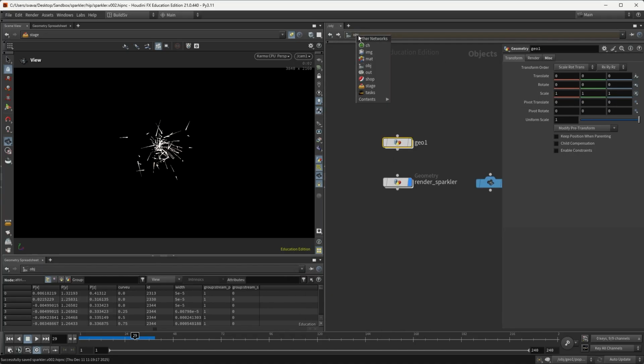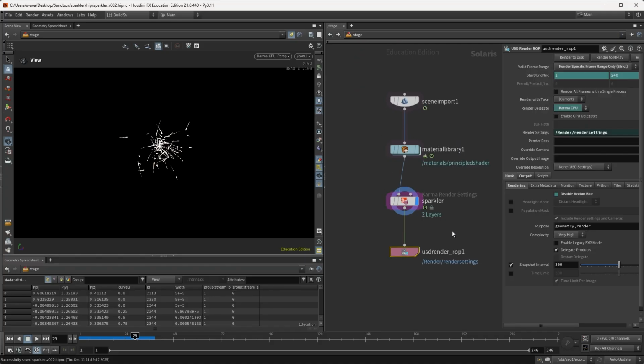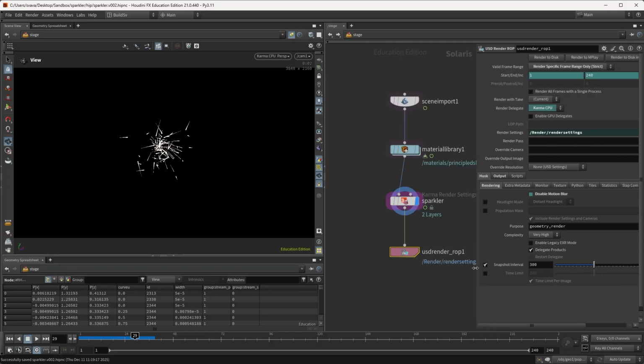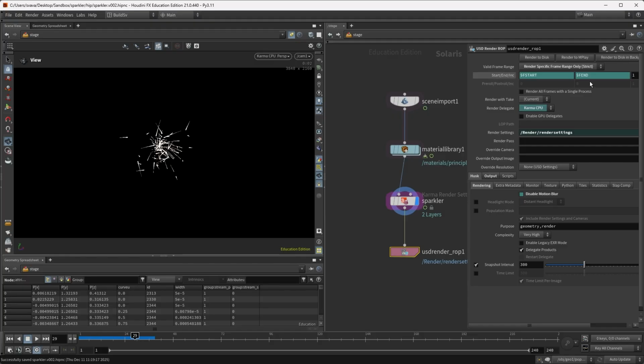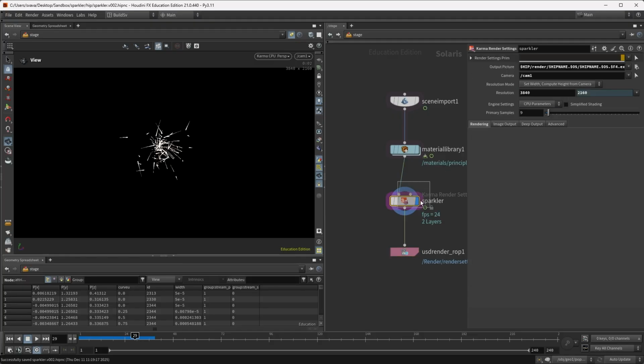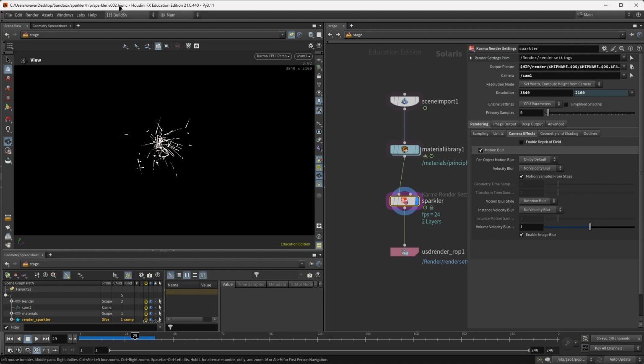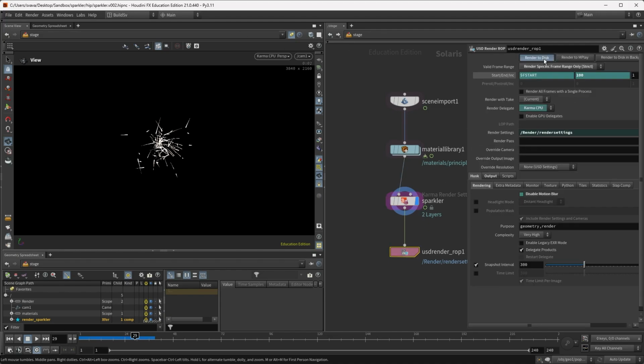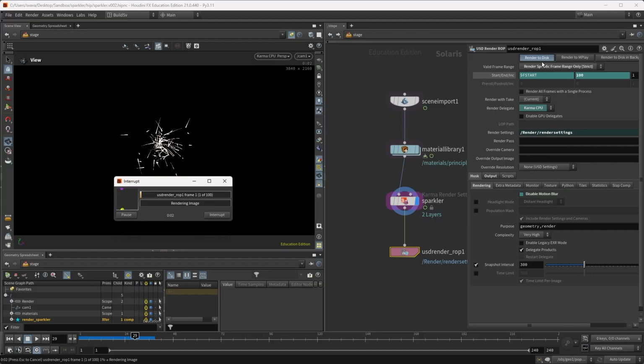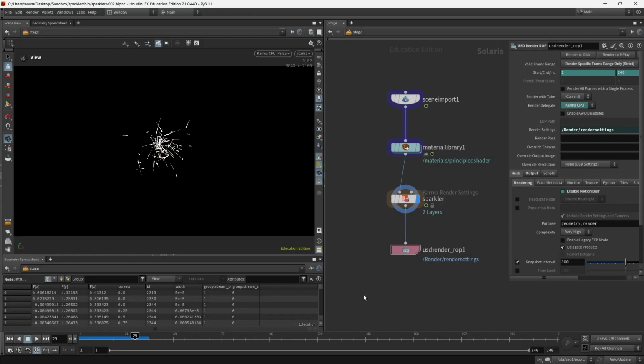I'm going to save the scene, go to states, and I'm going to render out this sequence again. I'm just going to take 100 frames in this case. And since we versioned up the scene, we won't overwrite the old files. I'm just going to hit render to disk. And now let's look at the render.